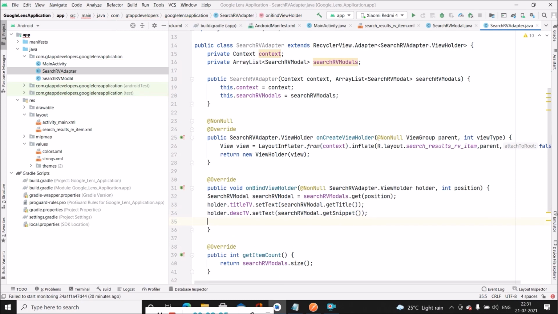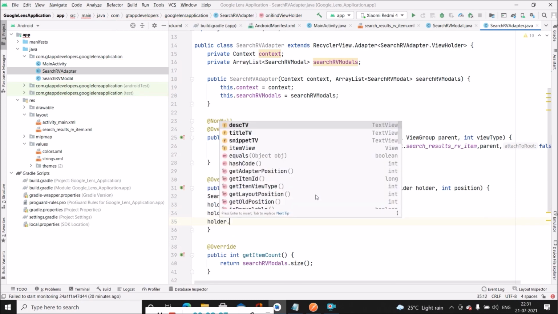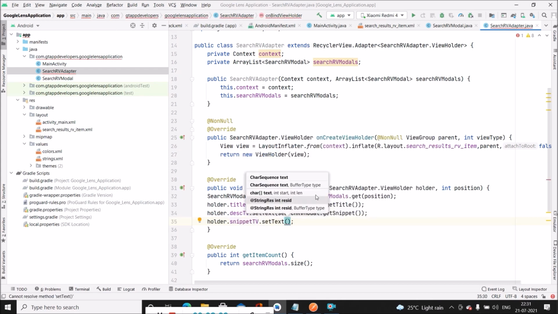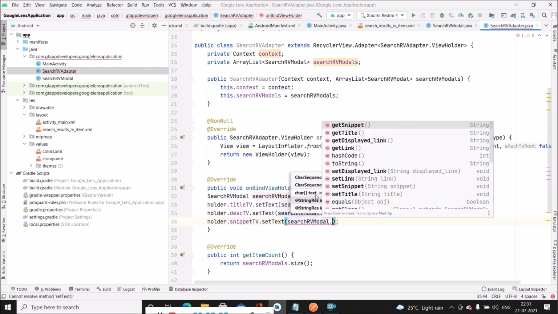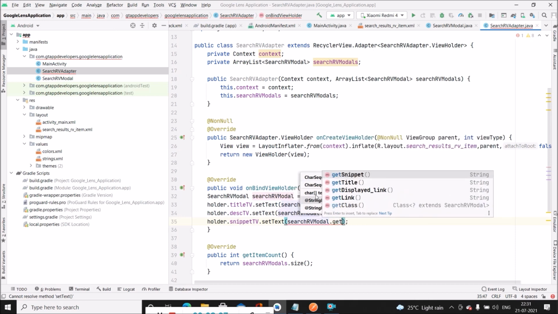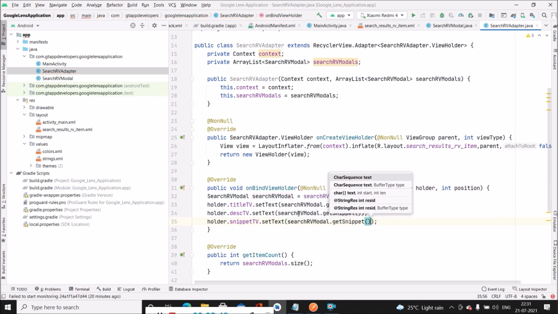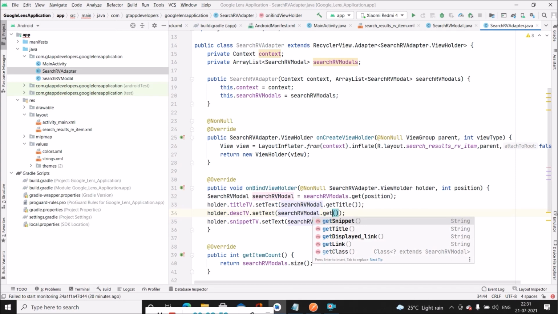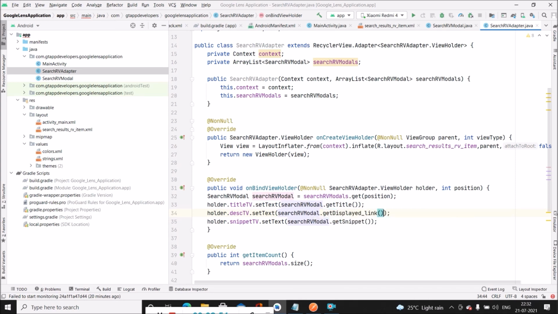We will be adding getSnippet. Here also we will add the snippet, and inside the description we will be adding getDisplayedLink.